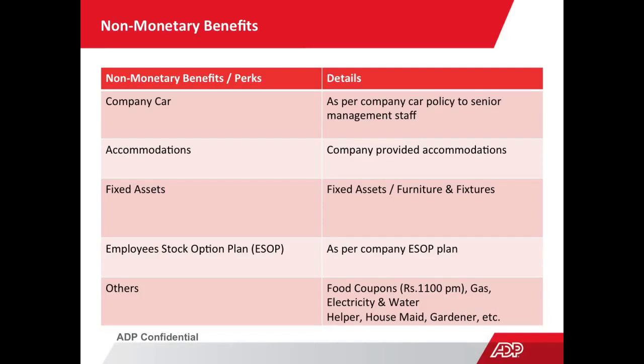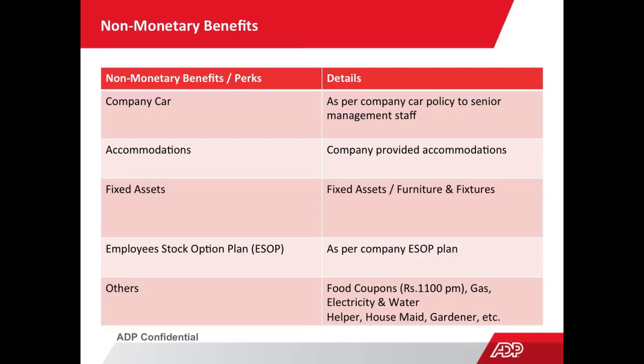Then organizations do provide an employee stock option plan, ESOP. So this is again as per the ESOP plan defined by the company. So any shares allotted to the employee at less than the market value of the share, then the difference between the market value and the amount paid by the employee will be considered as perk. So any sale or gain on these shares will be considered outside the compensation or the payroll. It will be considered as a capital gain, and the employee has to pay tax separately on that. But companies do consider this also as part of the compensation, and whatever has been allocated will be included as part of the CTC.